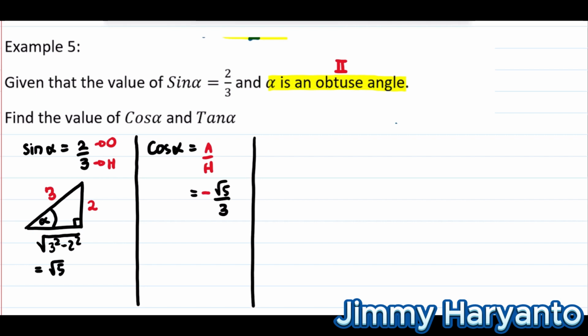And how about tan alpha? The tan alpha equals opposite over adjacent. That means the opposite is 2, the adjacent is square root of 5. And because it's an obtuse angle, the tan will also be negative. We cannot leave it like that, so we have to rationalize it. That means the final result is just like that. Next,